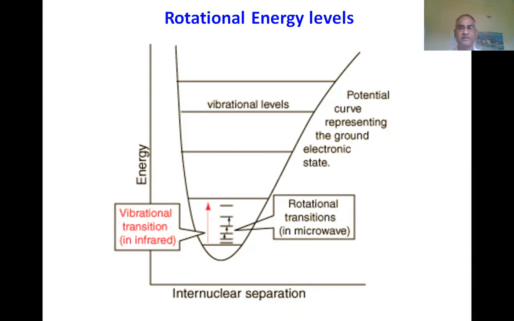So that means this energy diagram shows us how the electronic, vibrational, and rotational levels are related. So electronic energy levels are present in the energy level diagram, and in each electronic energy level we have vibrational energy levels, and each vibrational energy level is subdivided into rotational energy levels. So this is how the potential energy diagram for these molecular energy levels is presented.